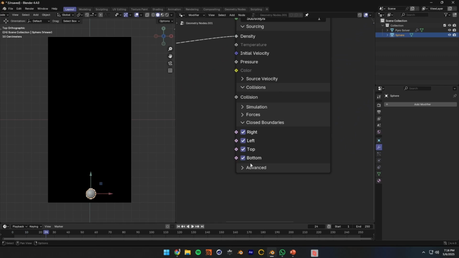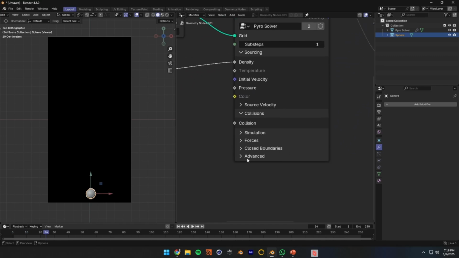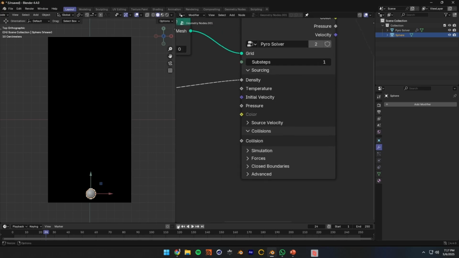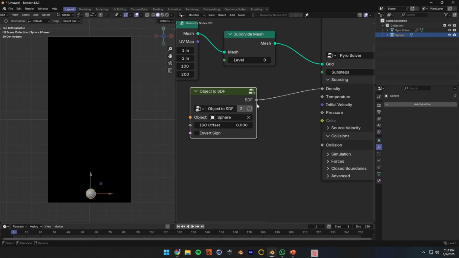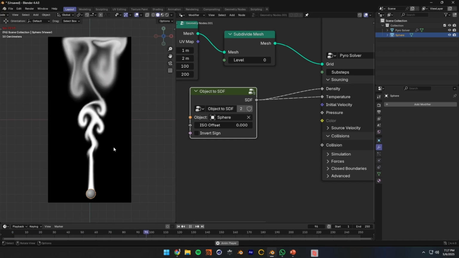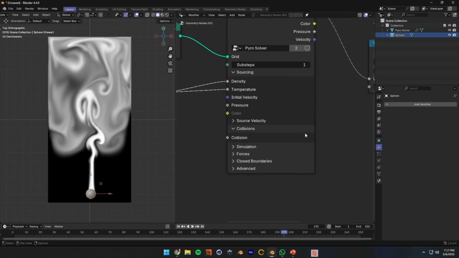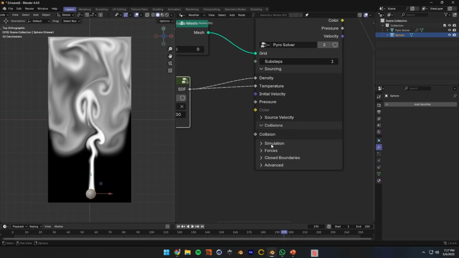Let's make sure our boundaries are closed, and then let's make sure that our temperature is enabled. And let's plug in our source object as a temperature source. And what that's going to do is it's going to create heat in our simulation, which is going to make the smoke rise. There you go. So if we go now to the simulation tab,